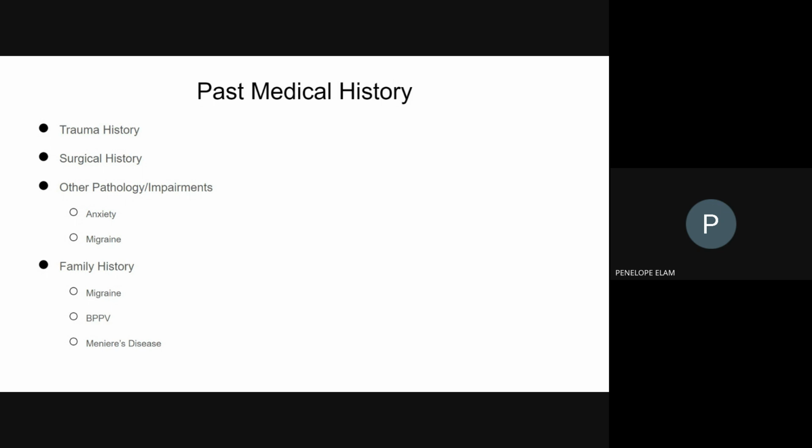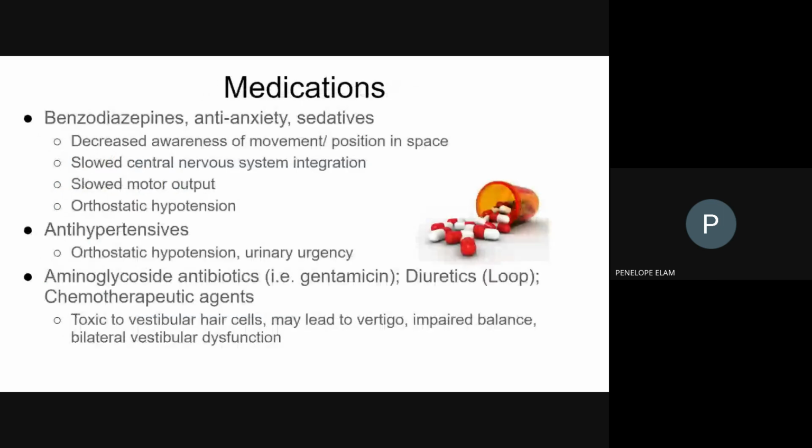Getting family history. Do they have history of migraines, BPPV, Meniere's disease? Meniere's disease is usually considered that it can be hereditary. So knowing some of those factors would help to kind of guide us and have that information as we're going through our differential diagnosis. And then we also want to think about medications because there are certain medications that are